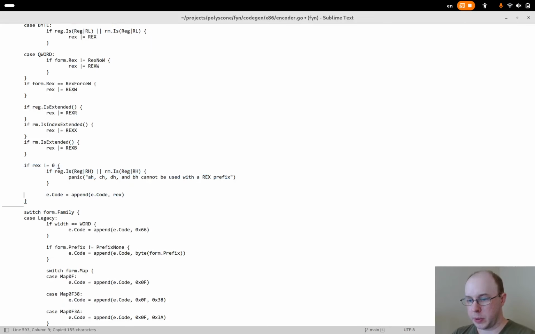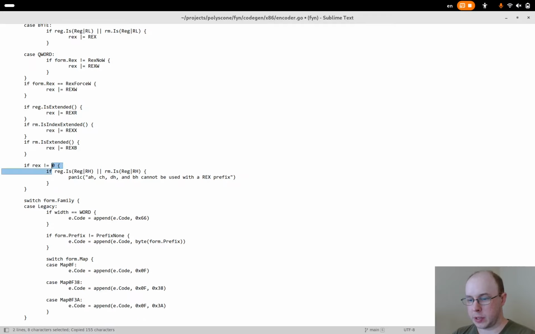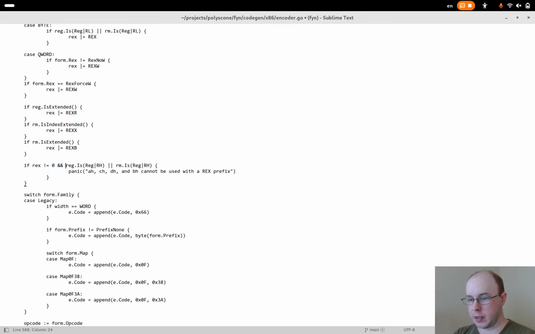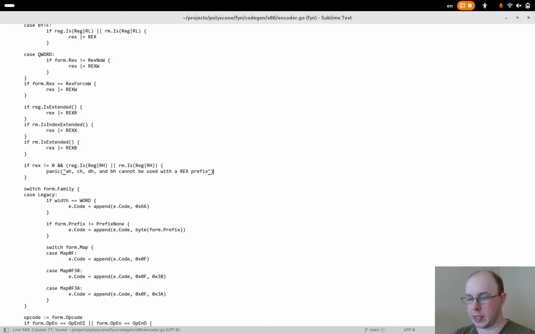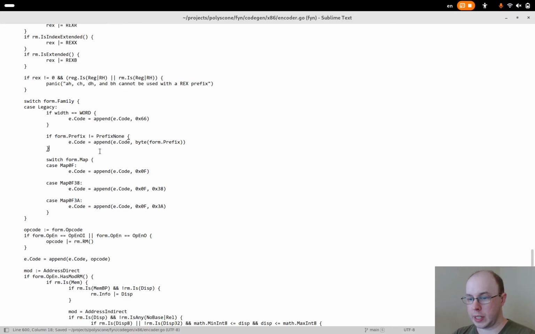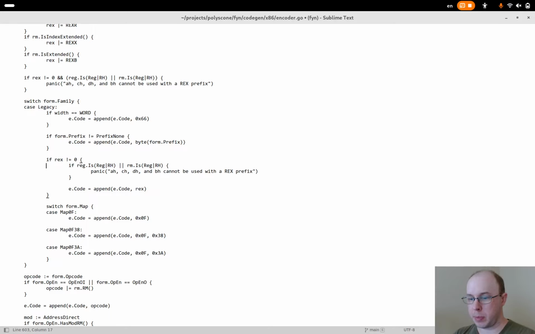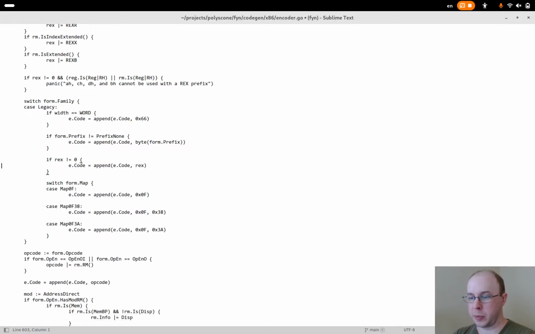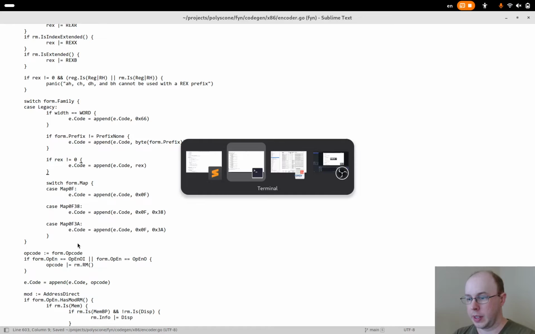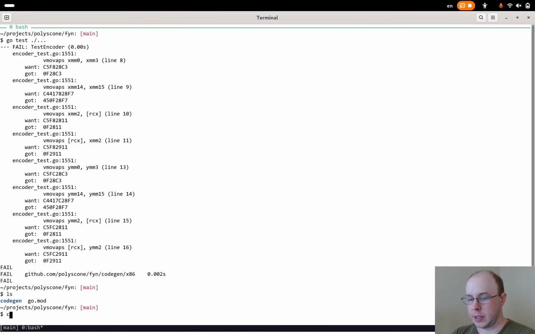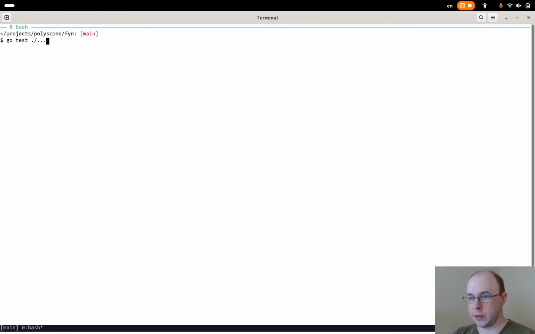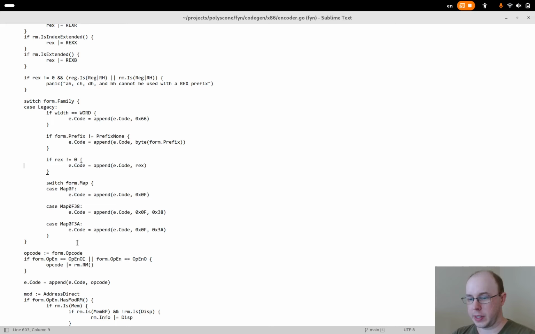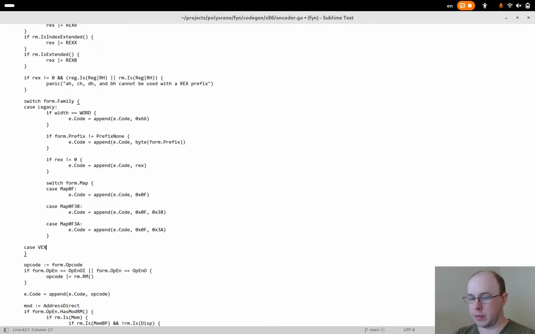But we won't output the byte here, we'll just do the simple check for the high byte registers and do the panic here. And then within here, I'll still, before the map, need to do the actual output of the full byte for the legacy encoding. So hopefully this should still work for all of the legacy encoded stuff, which it does. Then I can create a case for the VEX